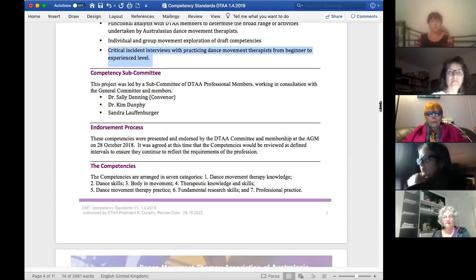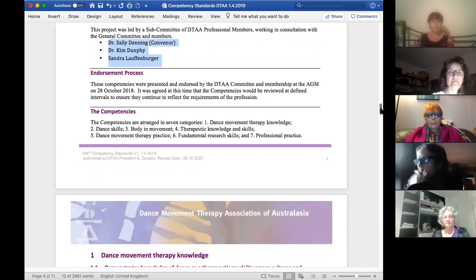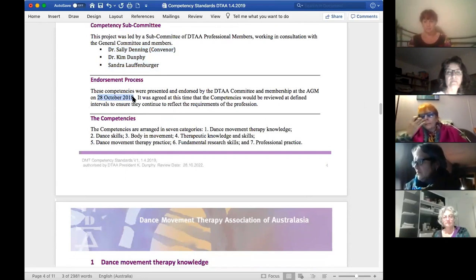And it was this committee of 3, myself, Sally Denning and Sandra Laffenberger, who developed these competency standards, but we were in consultation with members throughout that time, including particularly the leading group of the DTAA, which was called the General Committee at the time. And then we distributed them to members for comment or consideration, and then endorsed them at the AGM in 2018. And the intention at that time was not that this was the